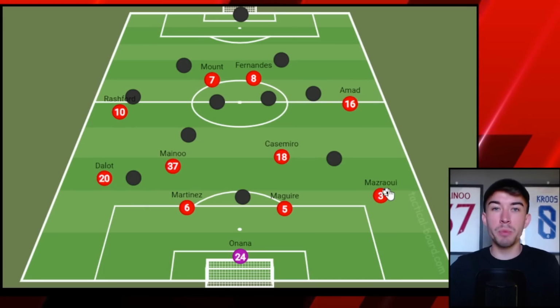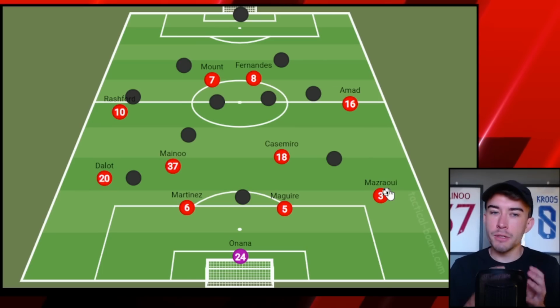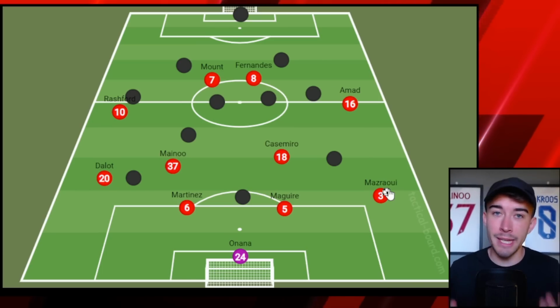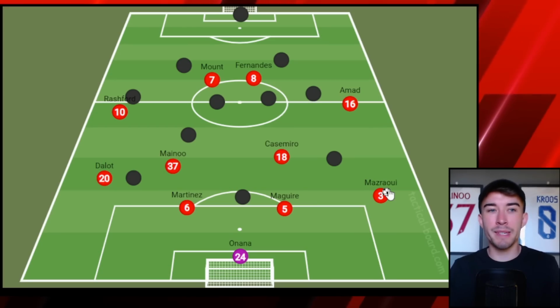We can come inside and play, that's fine. But we also need to be able to go down the outside. Because ultimately, the more unpredictable you are as a team, the more tactically versatile you are as a team, the more difficult you are to defend against. So this is where Manchester United need to try and get to. The question is, can they do it? The answer is actually yes, Manchester United can do it and actually probably already have a lot of the solutions